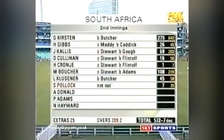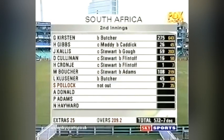572 for 7, then, the South African second innings score, and that innings all about one man, Gary Kirsten, a century too for night watchman Mark Boucher. They took the game out of England's reach in mid-afternoon today, but Kirsten's stay at the crease, a quite phenomenal effort of concentration. But I think, David, England can go to Cape Town with some